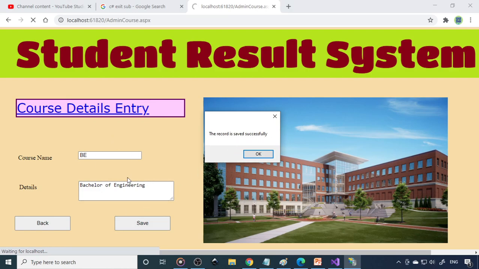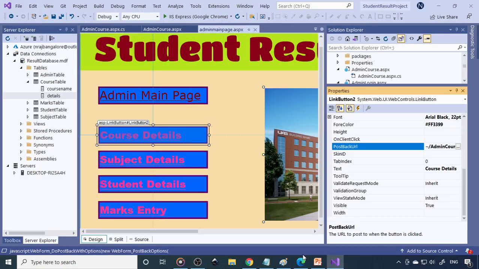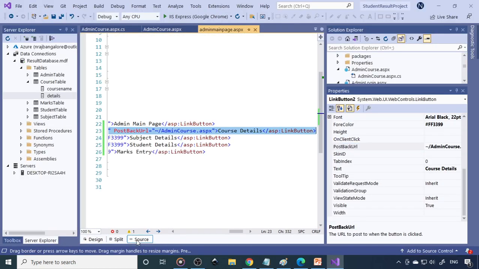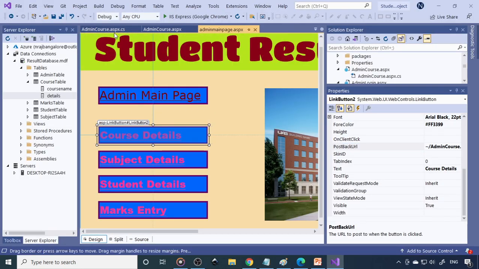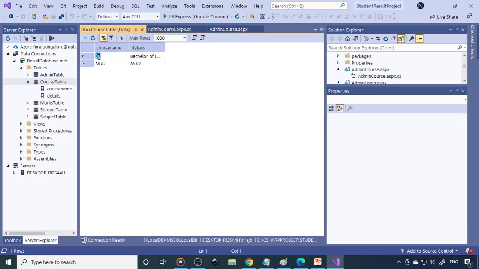So probably you'll get some errors. If you get errors, you need to rectify the errors, and then you have to write exactly the code whatever I showed, then you don't get any errors. Fine. Now see whether the data entered is in this particular table or not. So right click here, click show table data. So now you can see BE, Bachelor of Engineering.